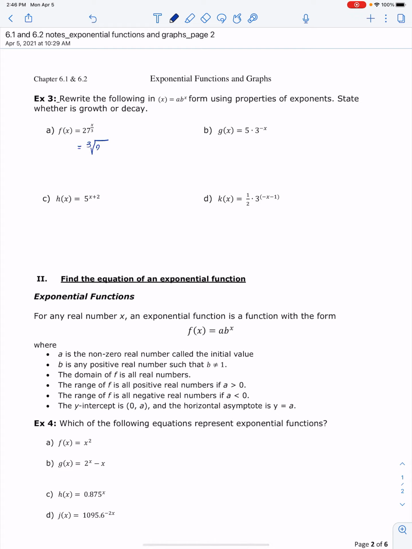This can be written as the cube root of 27 to the x. Keep in mind that I can view this as 27 to the x to the 1/3, which is how I've written it there, or 27 to the 1/3 to the x, which might be a little more useful. So I'm going to rewrite this as the cube root of 27, all to the x power, which makes this 3 to the x. Because our base is greater than 1, so this is a growth